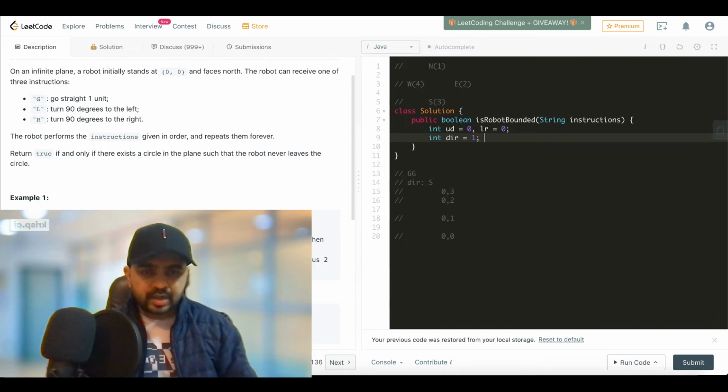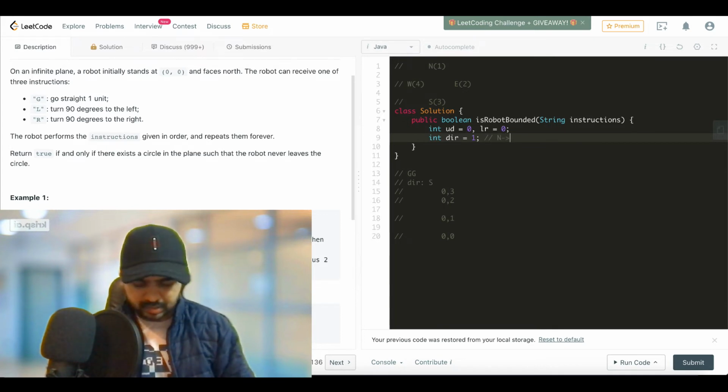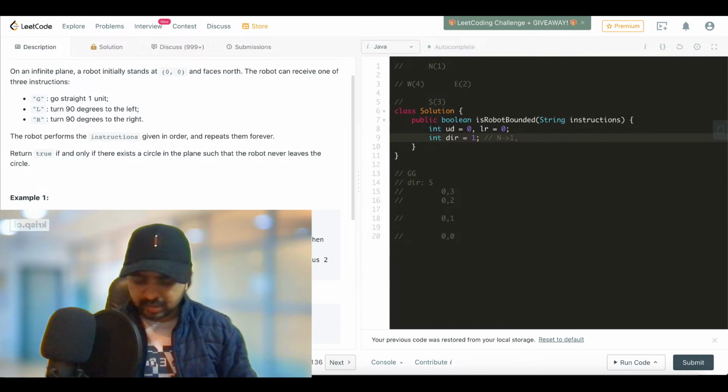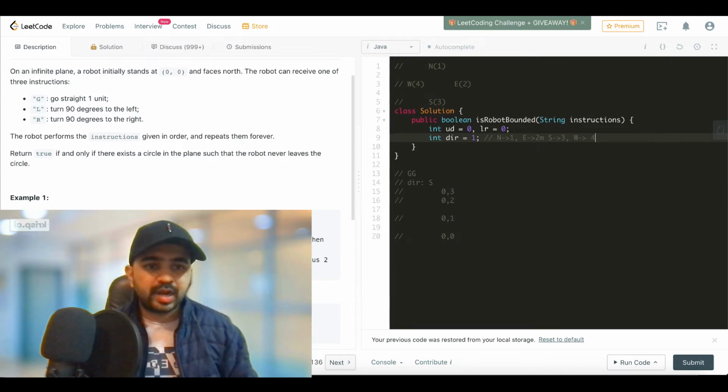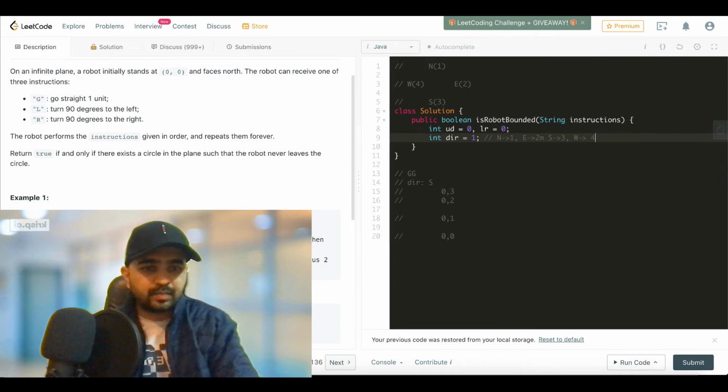We will assign some values to each direction. Let's say north is 1, east is 2, south is 3, and west is 4. So this is how we will identify in which direction we are currently pointing.